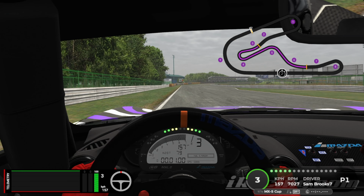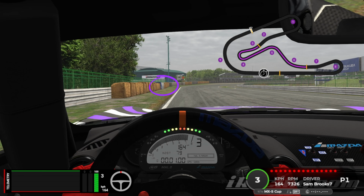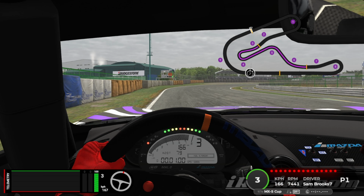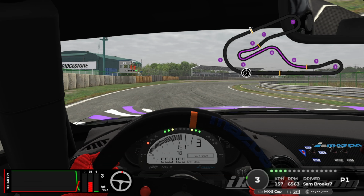Up to third gear. Now, for this corner, you could change up to fourth now, but I found that I preferred leaving it in third and actually letting the engine braking help me out to get round the corner. So instead of braking harder, I'm just leaving it in third gear. My turning marker is going to be that blue bale just ahead of us on the left-hand side. So as we get there, starting to turn, once we get onto the road about halfway across,